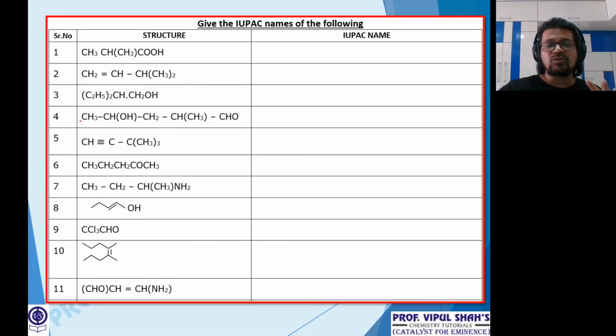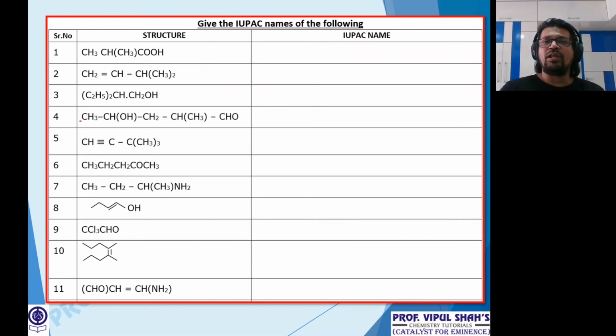I have given all the names. Now only IUPAC, but with all the groups together. So in short, let's do all the 18 groups very fast. Alkyl groups, find ANE alkane, alkene ANE by ENE, 2 double bonds, alkadiene with the position, and 2 triple bonds, alkadiyne. Double and triple rule: whoever comes first is given priority, either double or triple. Second, if both are at equal priority, first preference is for the double bond, then the triple bond. And what are they called? Yne, where the E of ene is replaced by YNE.